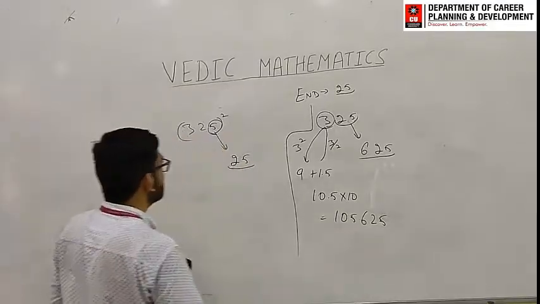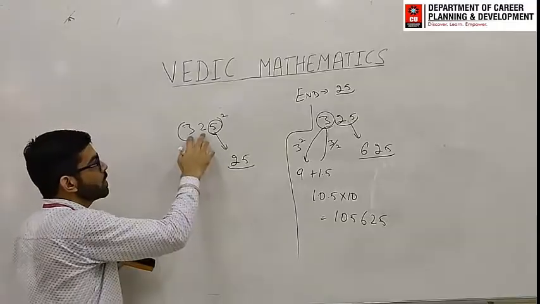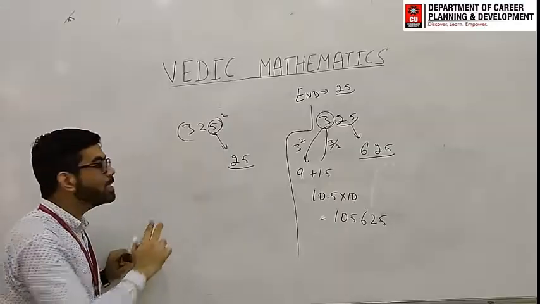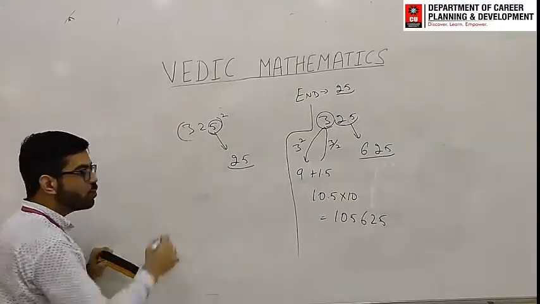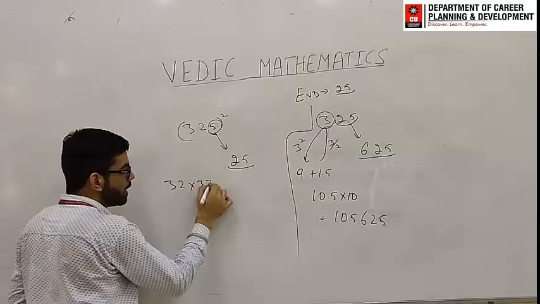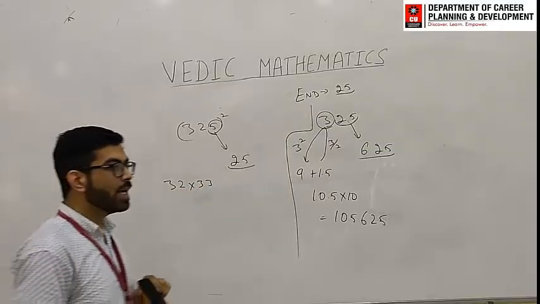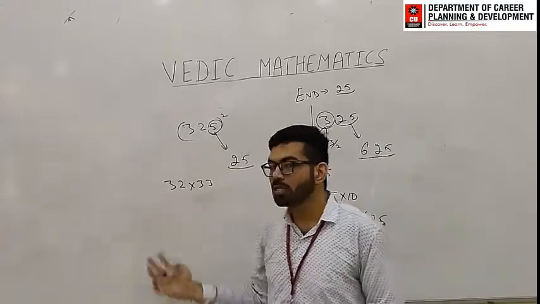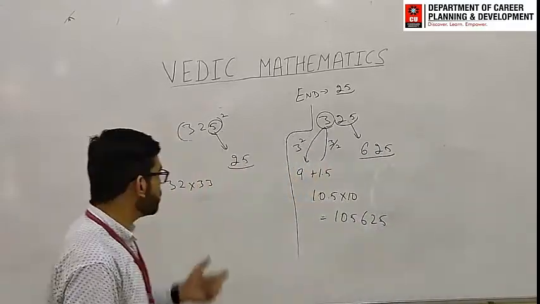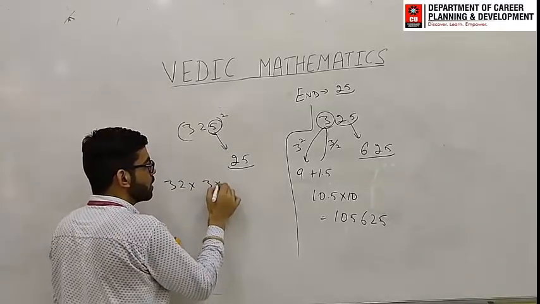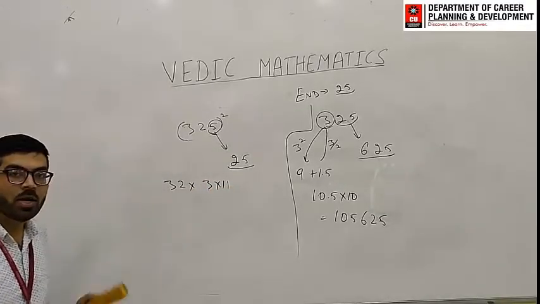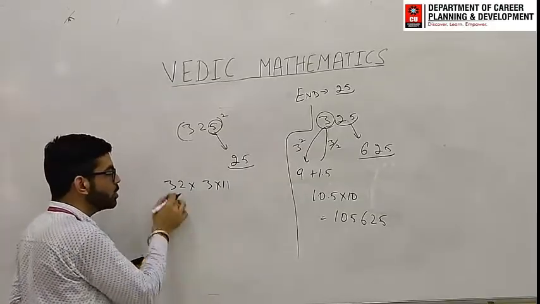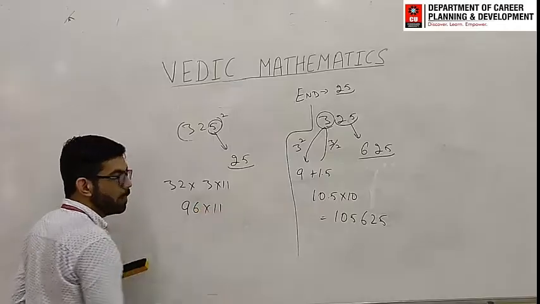Let's go to the other part. The remaining number is 32, and the next number after 32 is 33. So what we have to do? 32 multiplied by 33. So far we have learned the trick of multiplication of two digit numbers, or you can apply another one: 33 could be written as 3 multiplied by 11. Now this will transform to a number multiplied by 11. The series of 1 trick is applicable here, so 3 into 32, that means 96 multiplied by 11.